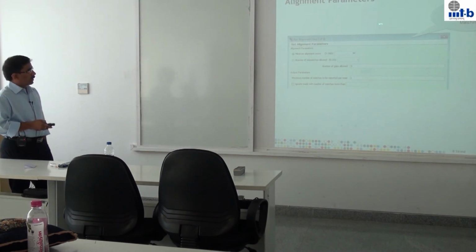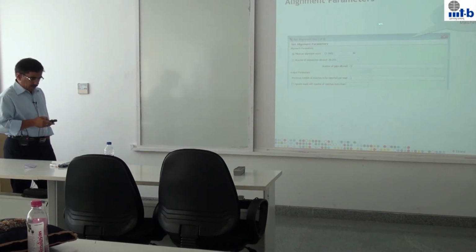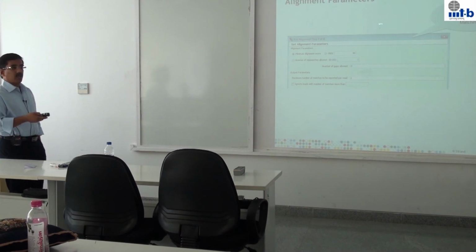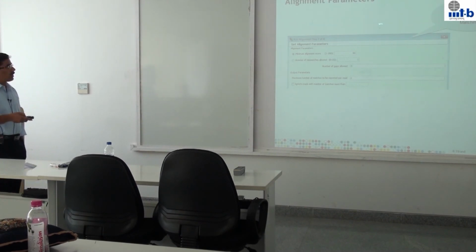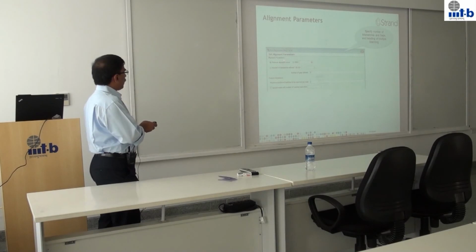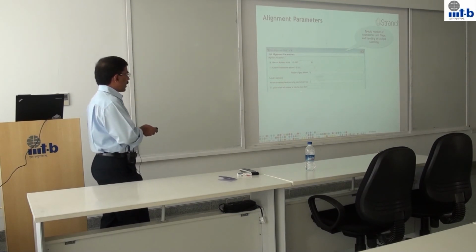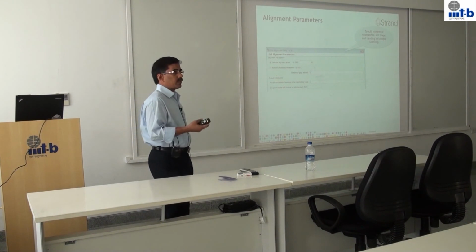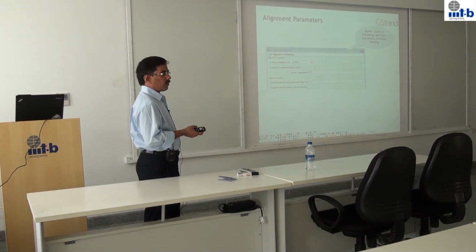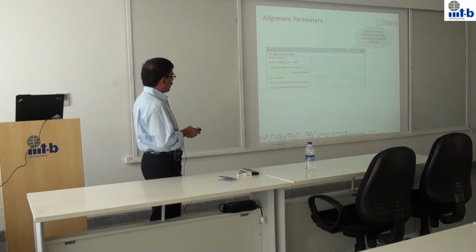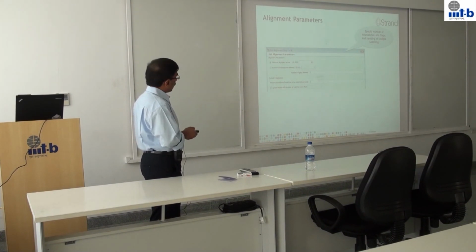So just one slide on the parameters that we actually take in our tool for doing the alignment. As you can see here, the minimum alignment score you can specify, or it can also be specified as the number of mismatches that you allow and number of gaps allowed, and certain other reporting parameters, like if there are multiple matches to the read, how many you would like to report, etc. We will take these from the user.